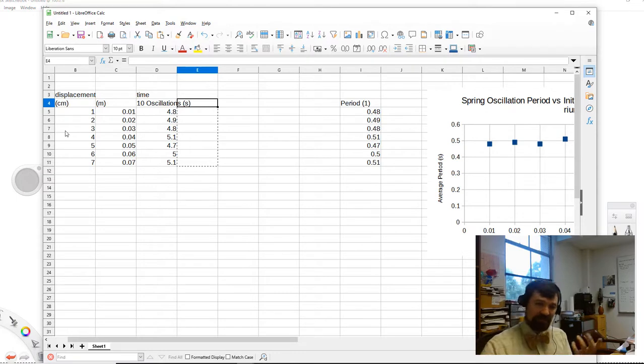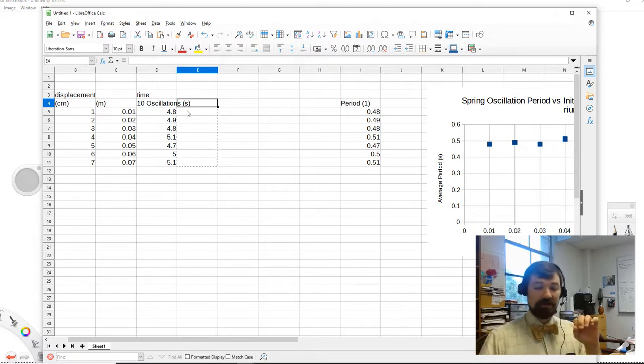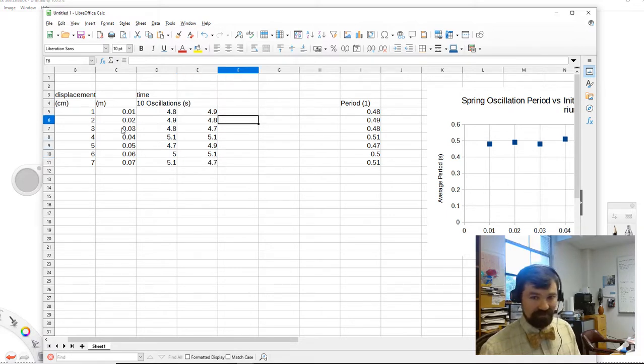Okay, this is akin to what we do in the on-campus lab. We actually do 5 trials of 10 oscillations each, albeit we do it with the pendulum lab. And then we'd have another set of numbers. So maybe this is 4.9, maybe this is 4.8, 4.7, 5.1, 4.9, 5.1, 4.7. Okay, and then on the next one maybe you get 5, 4.7, maybe 5.1 here, 4.9, 4.8,